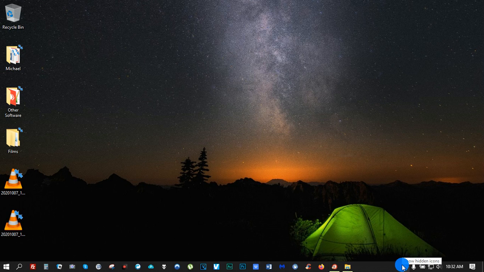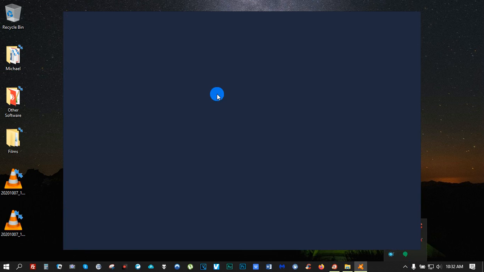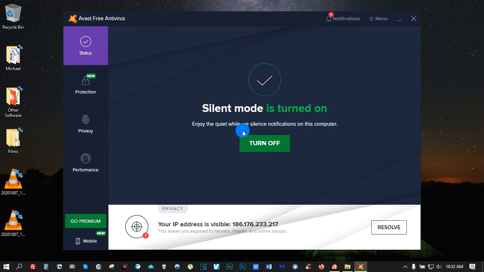Now, the first thing you absolutely need for a PC is antivirus. Okay, so here's the antivirus that I use called Avast. I used to use AVG, but I find Avast is a little bit better, even though I think it's owned by the same company. So Avast is much better. It's a European company. I mean that doesn't really matter, but it's a really good antivirus software, and you can get the free version, Avast free antivirus.